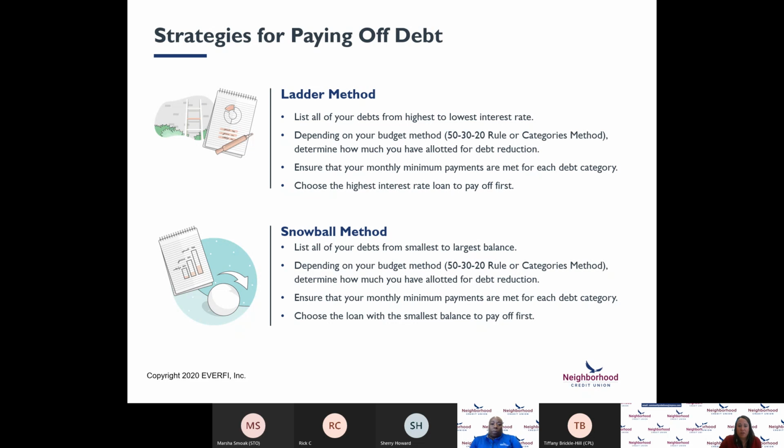So another method is called the snowball method. And that is listing all of your debts by balance, from smallest balance to the largest balance. Determine the percentage of the income that you're allocating towards debt payments when you create your budget. You make sure that your minimum payments are met for all of your debt categories. And then after all your expenses are covered, you use all of that income to pay off the smallest balance